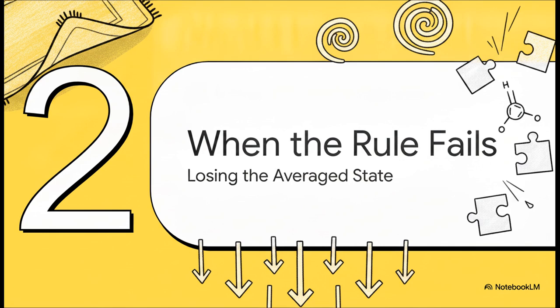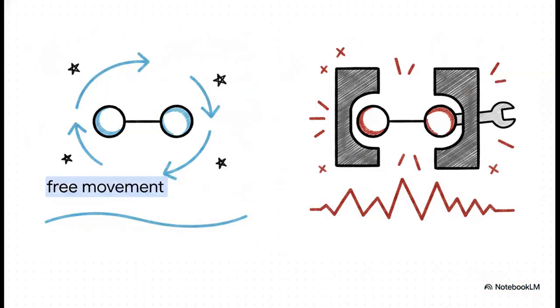Section 2. When the rule fails. Because, well, it's time to pull the rug out from under that perfectly averaged environment. So as we just established, the N+1 rule fundamentally depends on free rotation. If you consider a molecule like